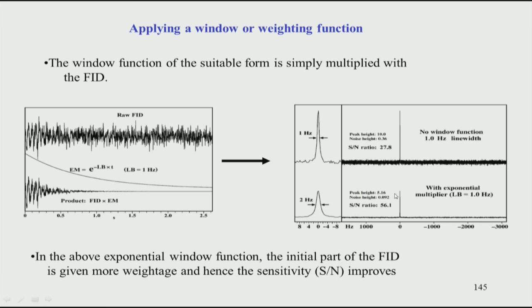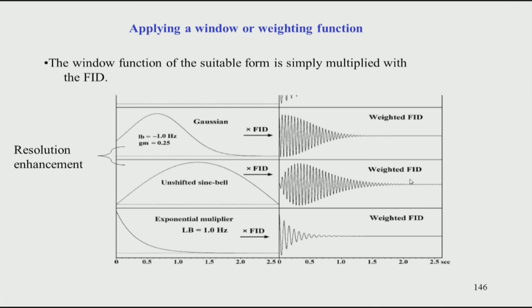Of course, this is not always a factor of 2, it can vary, but typically it can go from 1.5 to a factor of 2, 2.5. So, that is why it is very important to do window function. Nowadays in spectrometers, these are done automatically by typing some commands. So, most of the users or students are not aware of what is happening behind the screen. Therefore, this slide is basically meant to show you what happens when you process the data.